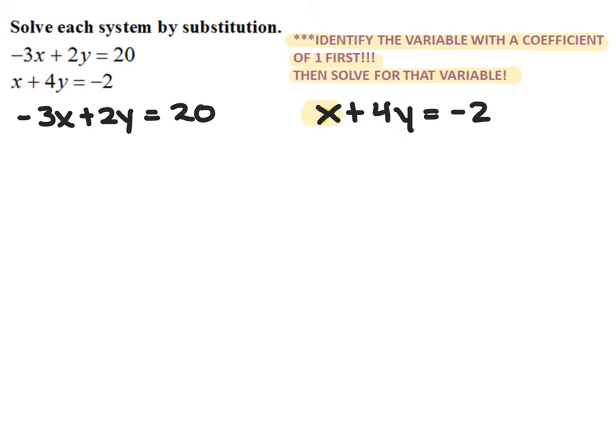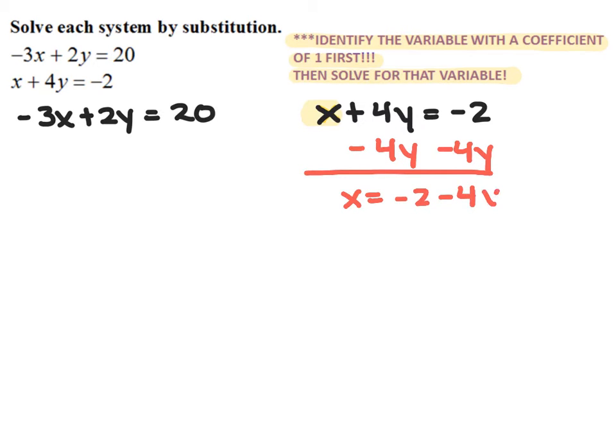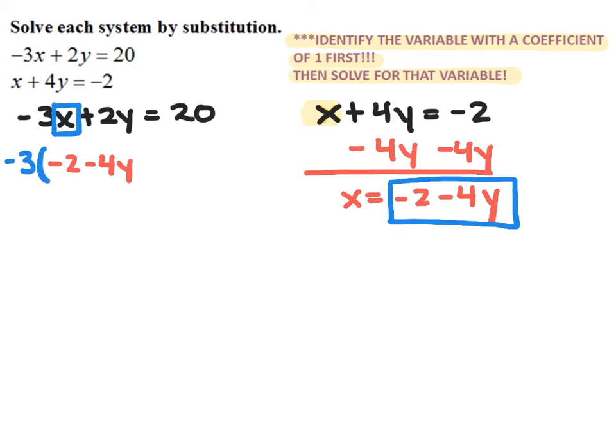In order to do that, you would have to subtract 4y from both sides. So it'll become x equals, and since the negative 2 and negative 4y aren't like terms, they'll just become negative 2 minus 4y. Now you can take this entire expression of negative 2 minus 4y and substitute it for x in the other equation. So it'll become negative 3 times negative 2 minus 4y